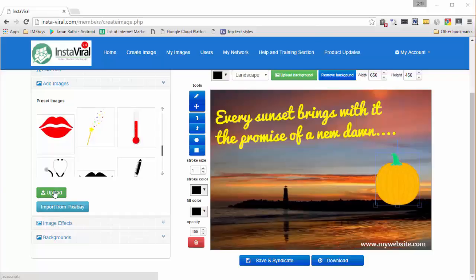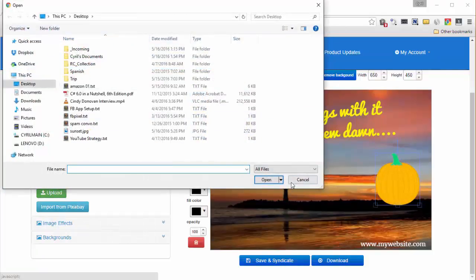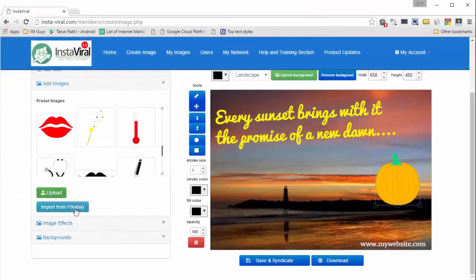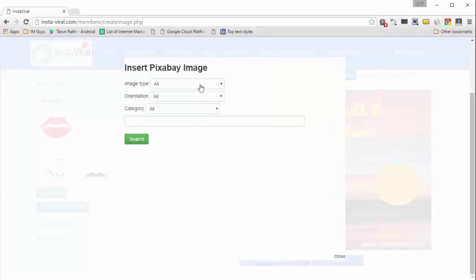So I can click on upload, and I'll be able to select any image from my hard disk. And if you want to look for images on Pixabay, that's possible too. Click on import from Pixabay, and you will be able to select images according to keyword. The next